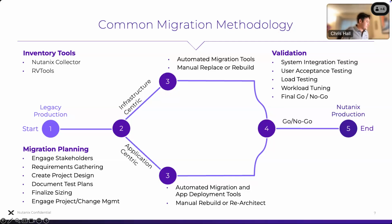Let's create the project design. Let's document some test plans, and potentially a good thing to do is run through those test plans in the VMware environment as they are today. So for example, let's performance test the application as it is today. Let's get the baseline understood, because after we've done all of this work, we can then run that baseline again